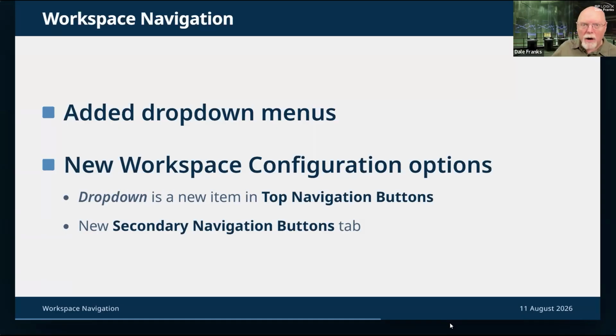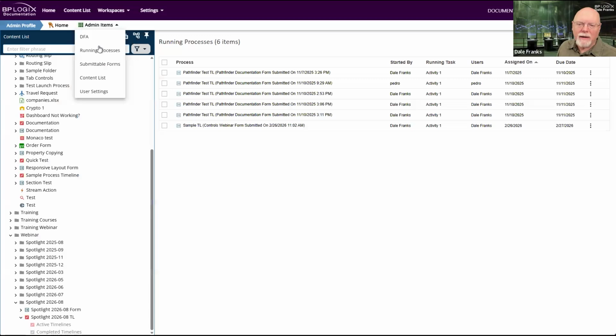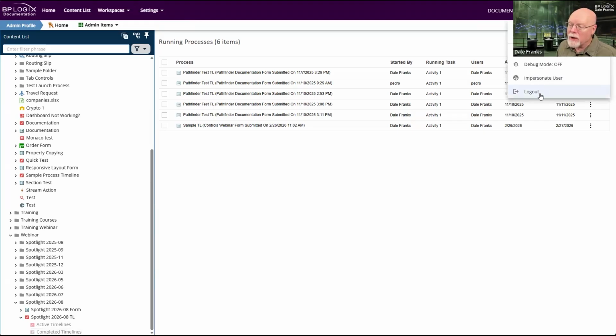As you may or may not know, whenever we upgraded to the 6.1 UI, that new UI already changed some of your workspace navigation. In fact, let's just go back and look up here. I used to have, and I don't think I have anymore, I think I went ahead and removed them because they were useless, but I used to have a logout button here and a couple of other buttons that I no longer need, because if you have, say, a logout button, we've removed it from the workspace navigation automatically. No reason to have it because it merely replicates the logout button that exists here.